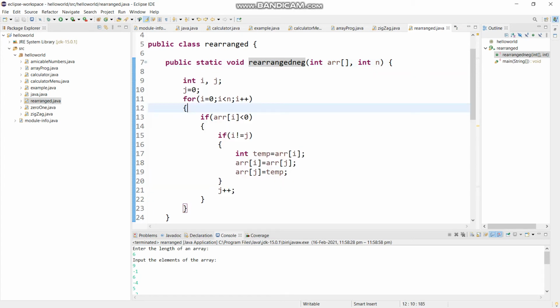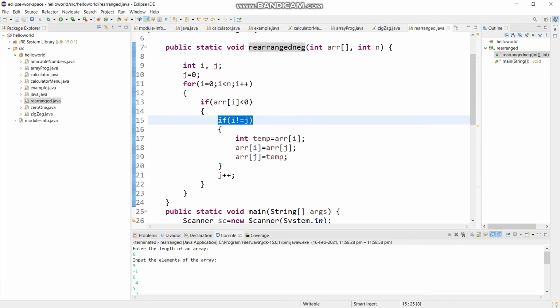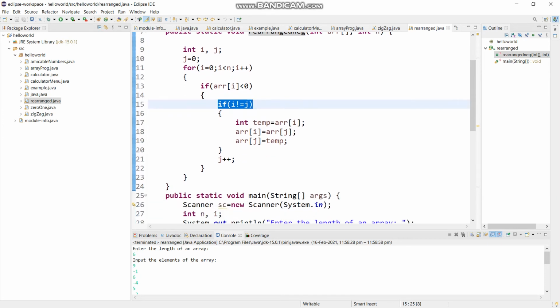This is the difference between both of these programs, where inside the logic I have created two variables, that is i and j, and I have done some operations inside it. Also, I have given the for loop, where firstly I initialized j equals to 0. Then I said that for i equals to 0 and i is less than n, which is the size of this array, then I have incremented i plus plus.